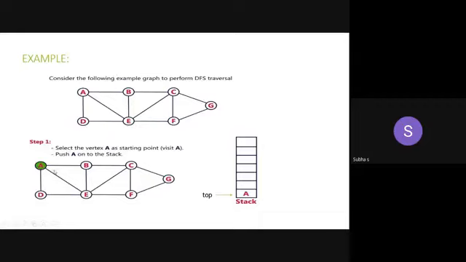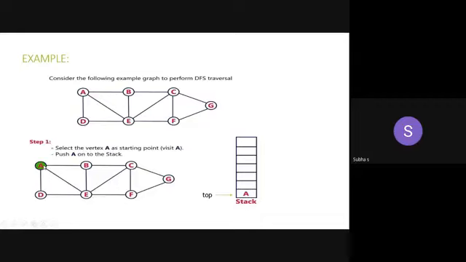I asked you to work out with a source vertex of D or E. Did anyone try it? You can try it later after the class also. These are all small things; you can easily understand the concept. It's not necessary that, as A is the starting alphabet, you have to start from A. You can make E or F the source vertex, anything. In this example, I am starting from vertex A.